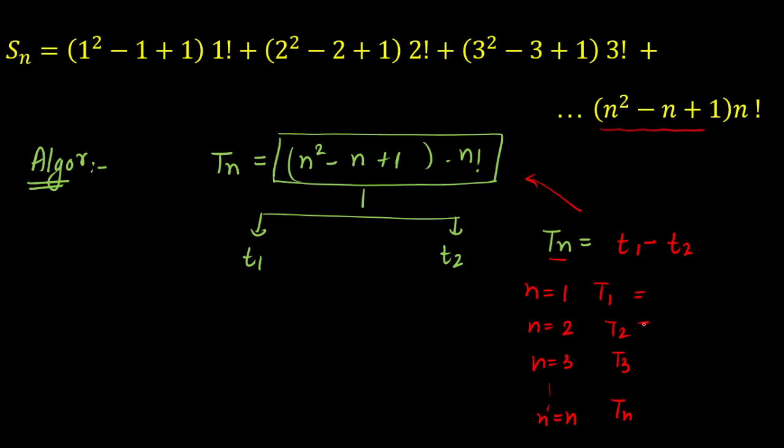Okay, so here you'll get one thing. Let's say you're getting t1 minus t2, and then t2 minus t3, and t3 minus t4, and so on up to the nth term. Now why are we creating the difference? Because alternate cancellation of terms will happen here, as you can see: minus t2 plus t2, minus t3 plus t3, minus t4 plus t4, and this way all the terms will cancel out, and in the remaining you will get your answer. That is the sum of the telescopic series.